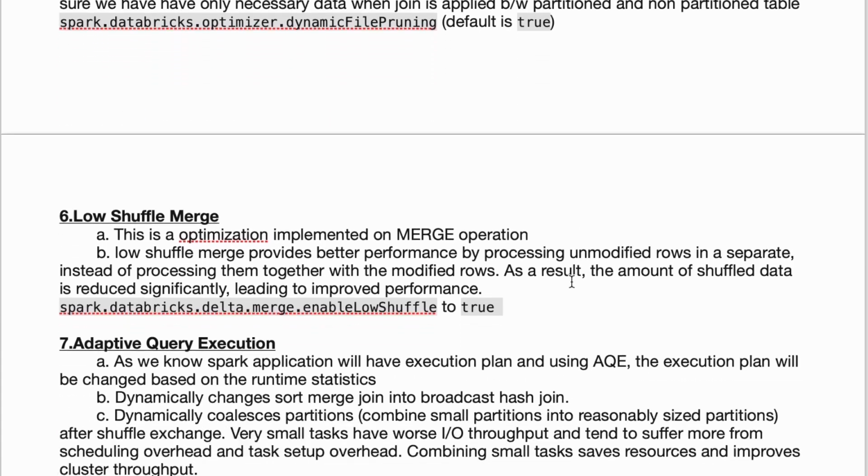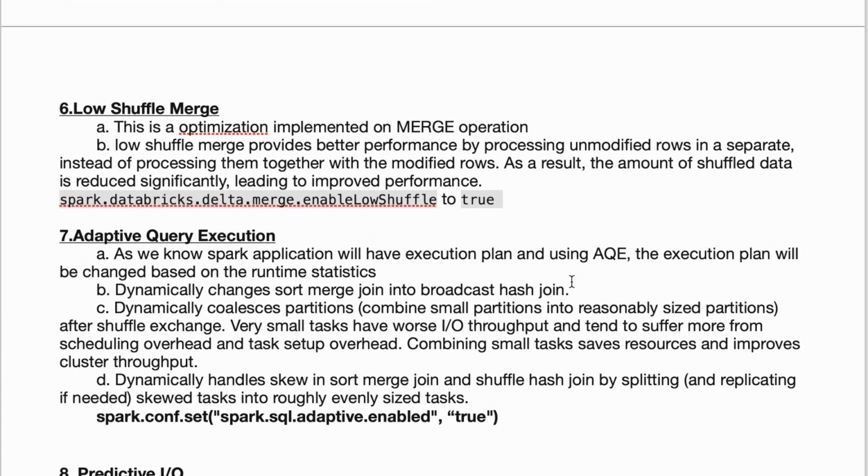And the next is low shuffle merge. Low shuffle merge works for the merge statement. When you want to update records and insert together, we use the merge command in Databricks. We have the merge command with Python and with SQL as well. So when you apply the merge command,